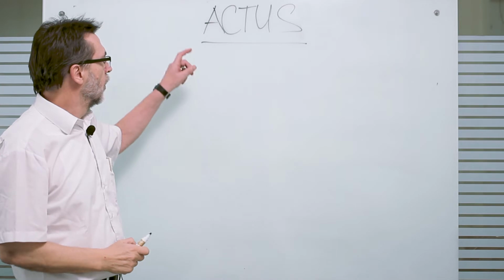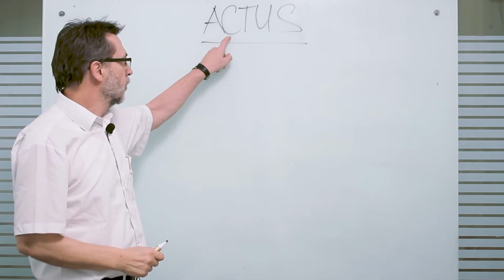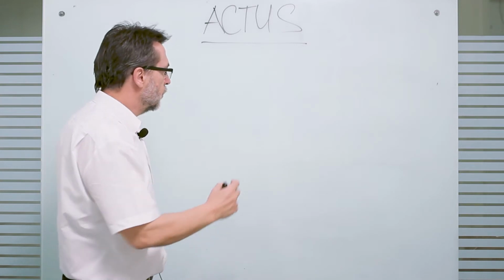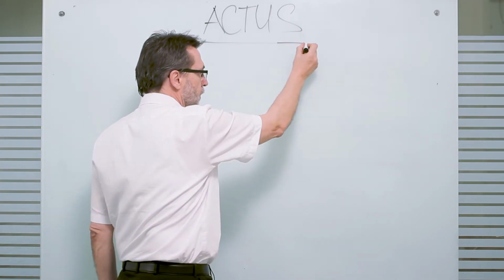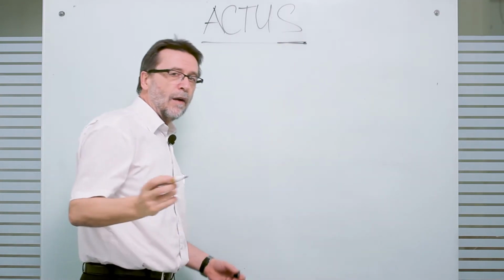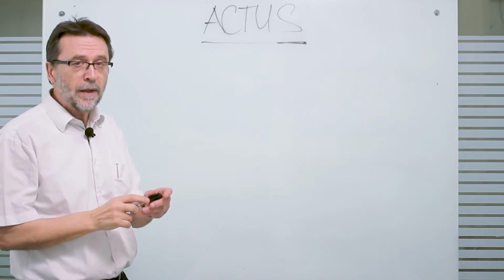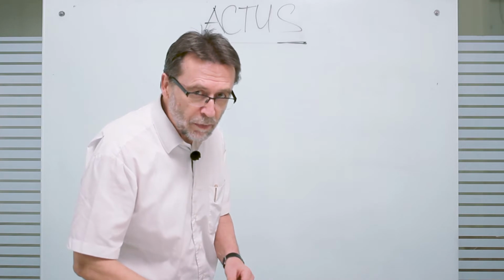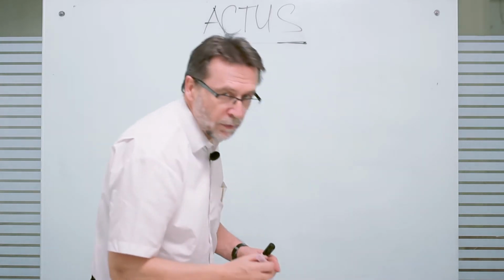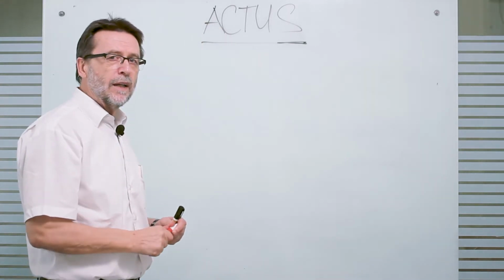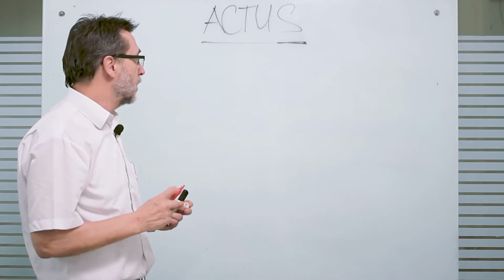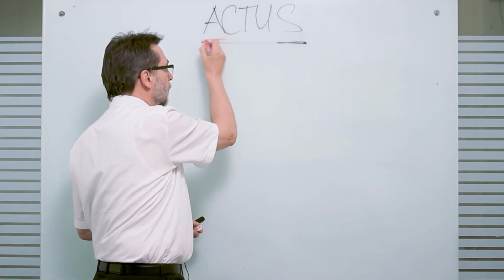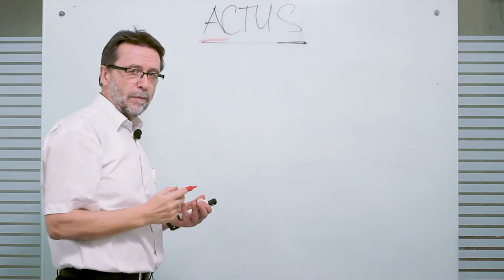Actus stands for Algorithmic Contract Type Unified Standard. So first of all, it is a standard. Now there are many standards out and maybe a few too many. So if Actus just would be another standard, it wouldn't be worthwhile. What makes Actus special as a standard in the financial world is the A, the algorithmic.